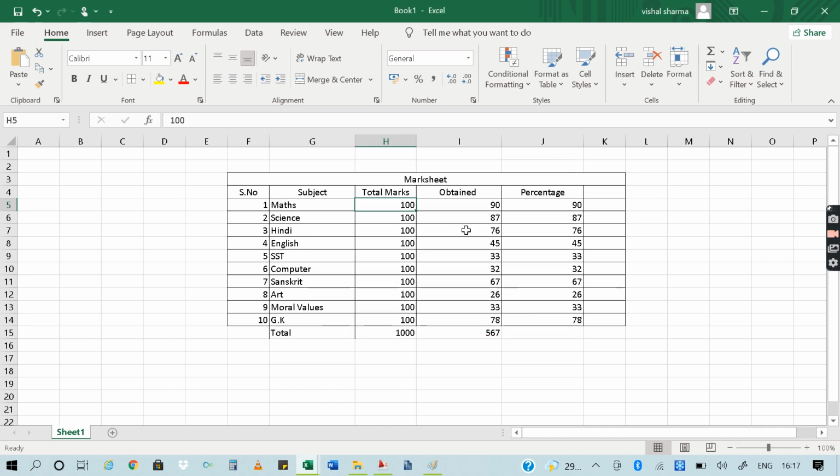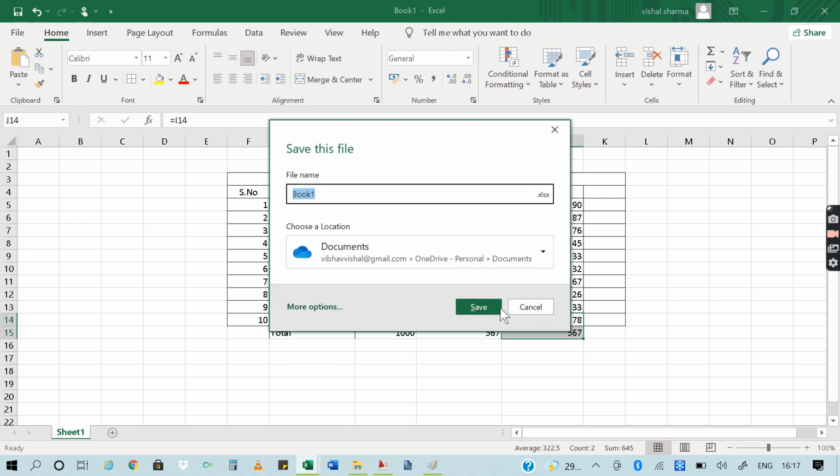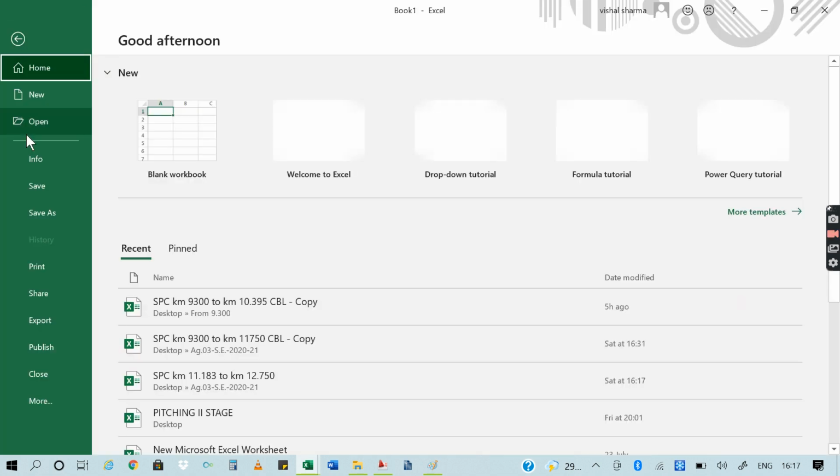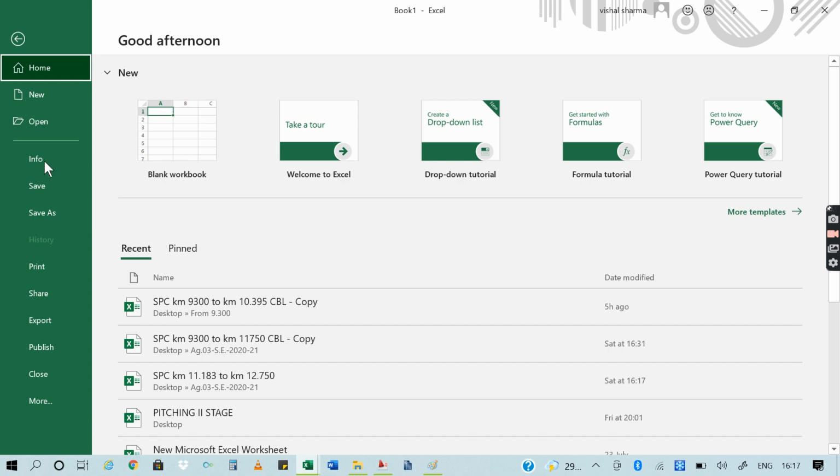Now let's see, in the last section, since I have to save this file, for saving this file you can press Ctrl plus S, or you can simply go to the File option and there you can see the Save or Save As option.